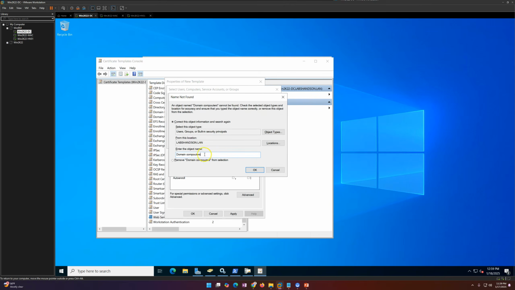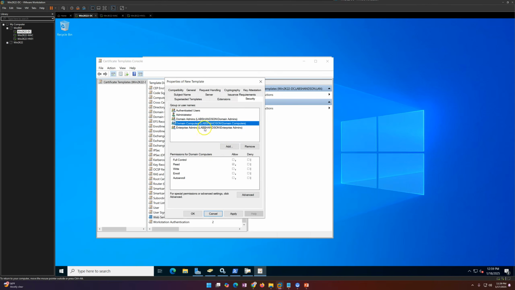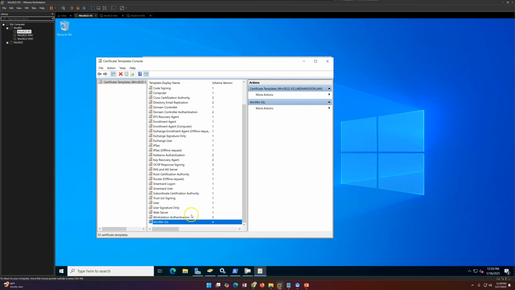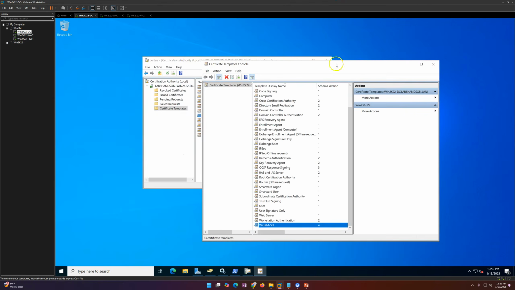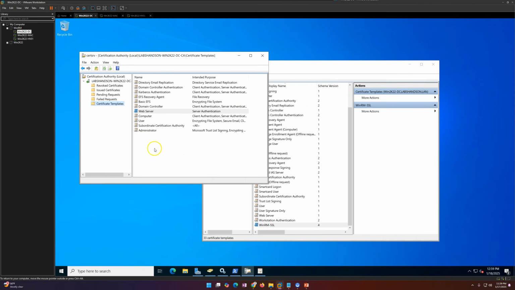I'm going to check this domain computers, and here we need to check on enroll and auto enroll. So this is good. So now I click apply. Okay. So now you see here WinRM SSL is available. This is good. So if I refresh this,